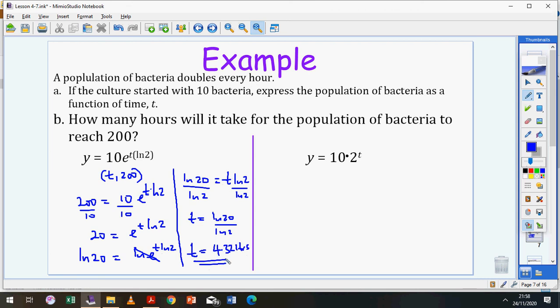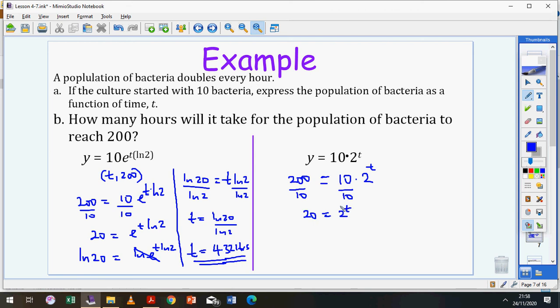If I use this other idea, the basic idea of exponential growth, my initial value is 10, this is 2. I'm looking for the time value when this has grown to 200. So again, I'll divide by 10, divide by 10, and then I end up with 20 is equal to 2 to the power t. The only way I can bring this power down is if I introduce a logarithm,